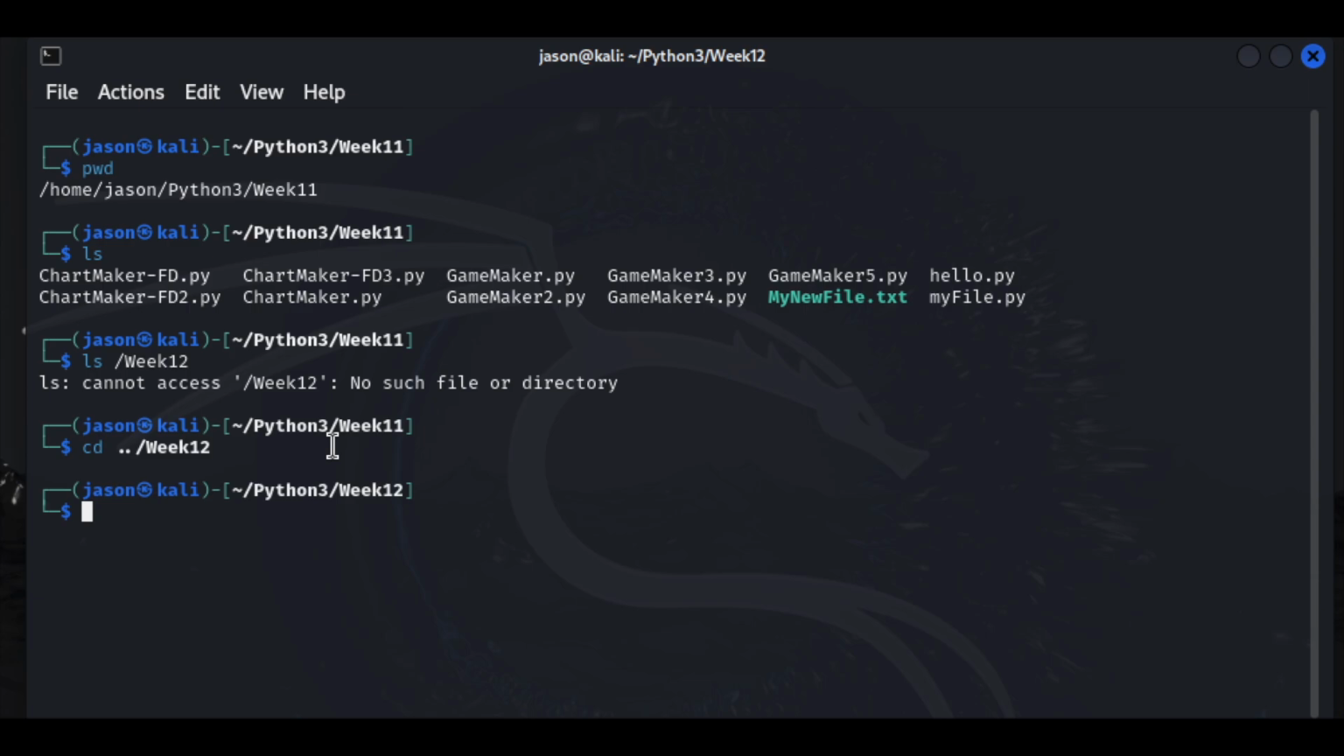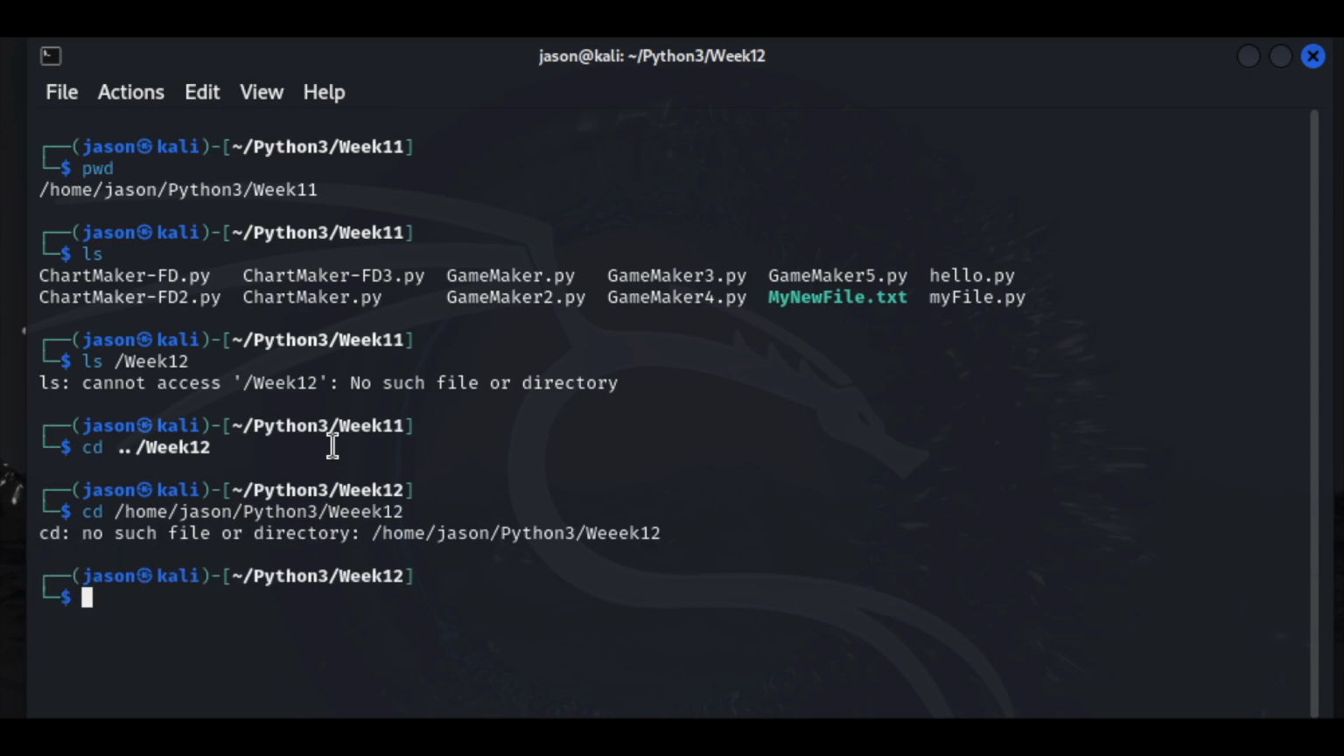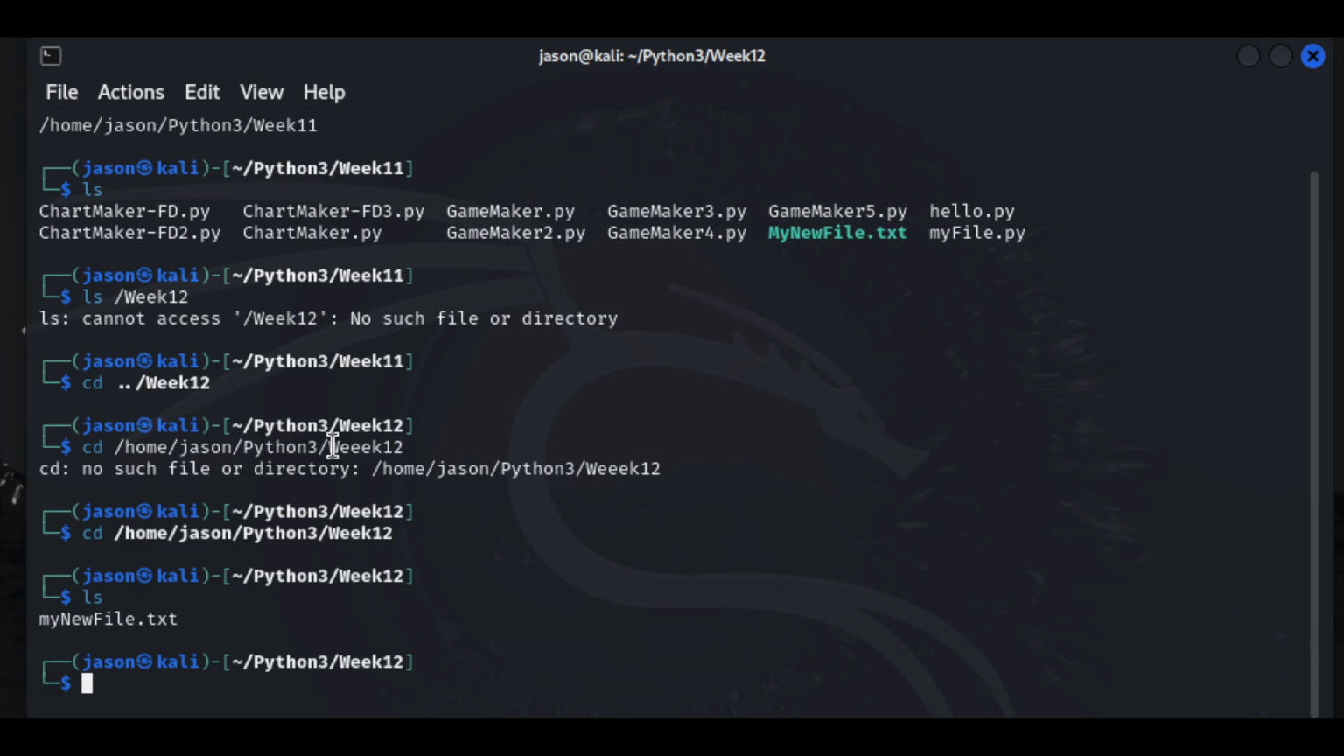And as a matter of fact, if we actually just change directory, so that is home JSON Python 3, and then week 12, and it's, let's see, no such file or directory. Let me see, one second. Oh, I misspelled week. My apologies. All right, so if we do ls, and then we actually show that there is